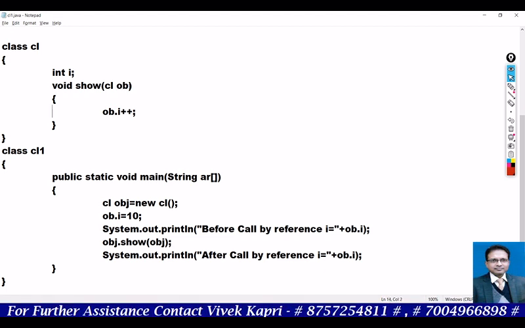It means ob.I will refer to obj.I, and obj.I++ means 11. Here obj is the object. Clear? So here ob.I equals 11, and so obj.I will also print 11.